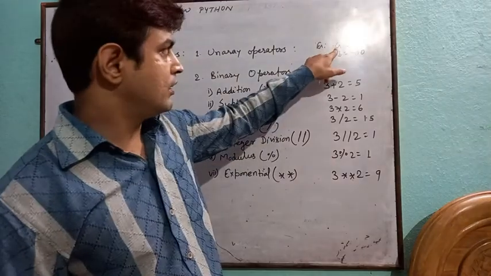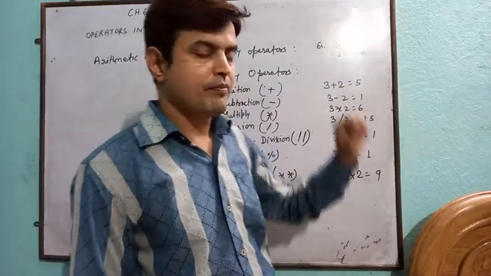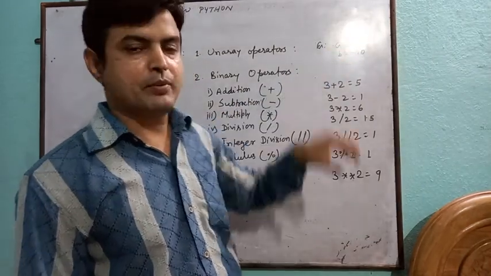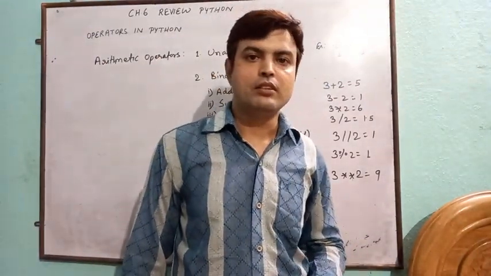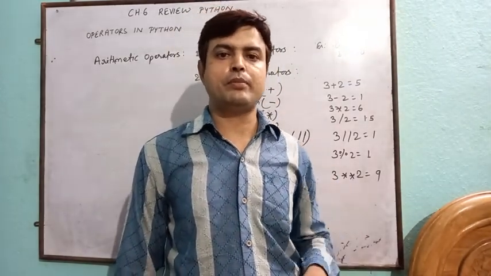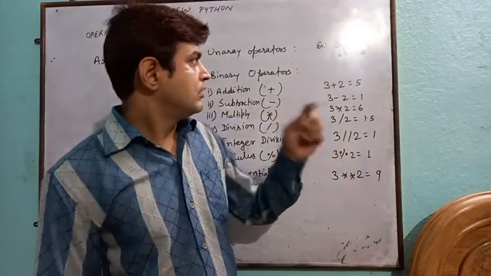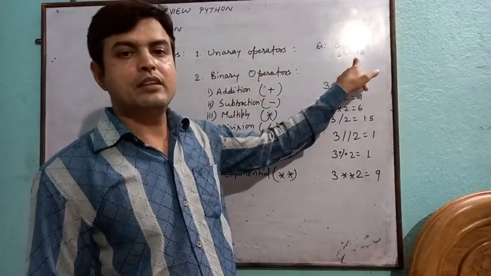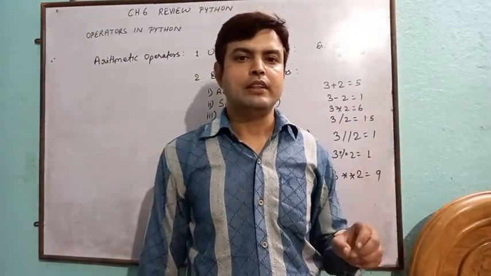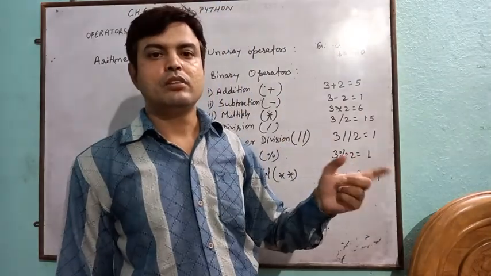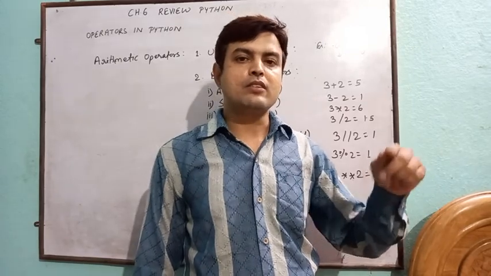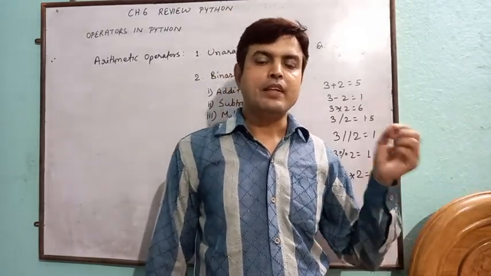For example, say a equal to 10. This is the most common expression that we use in algebra. To find the value of a given expression or equation in algebra, first we are given the values like this. Say x equal to 5, y equal to -2 and so on. Here we also use a type of operator to declare x equal to 10, x equal to 50.